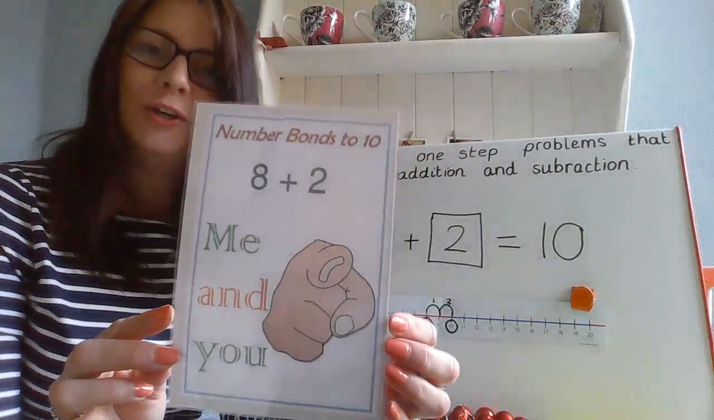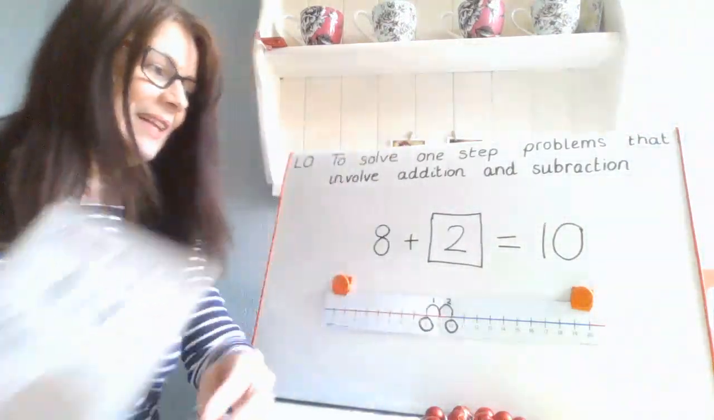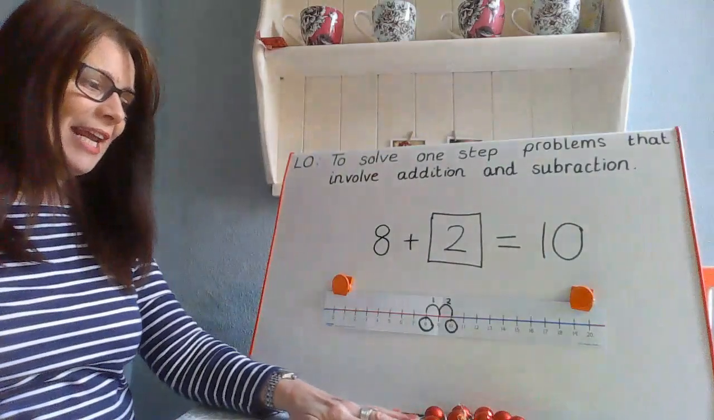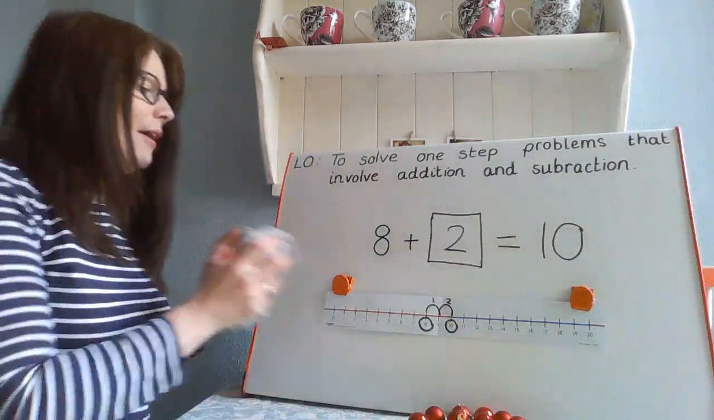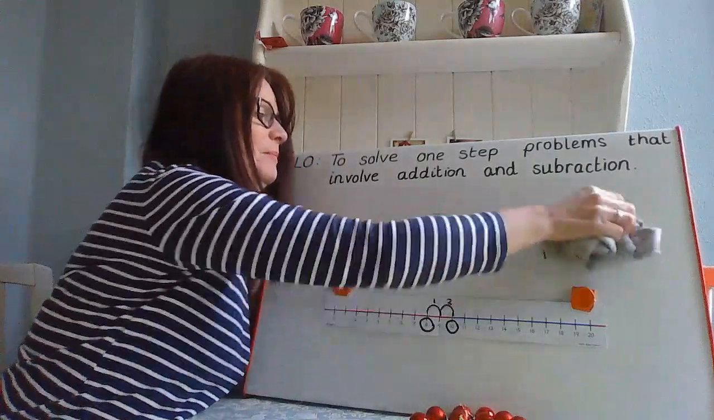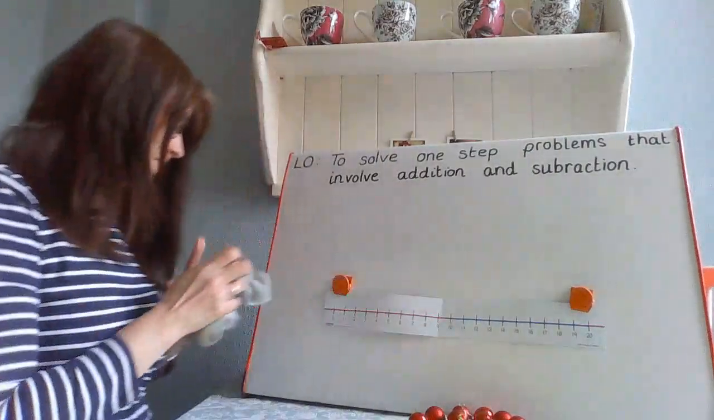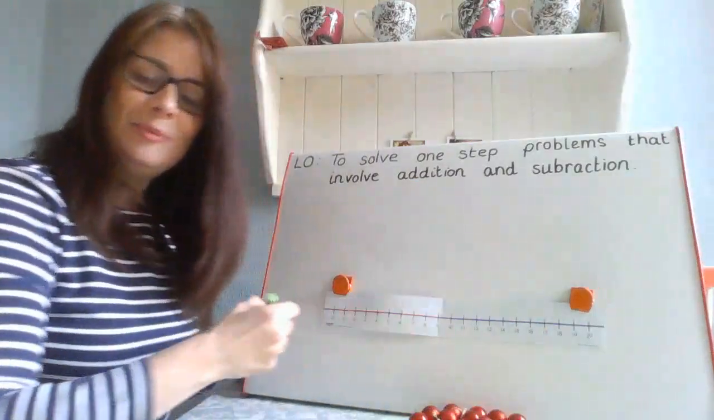Eight add 2, me and you. Let's look if it was a subtraction. Let's start with